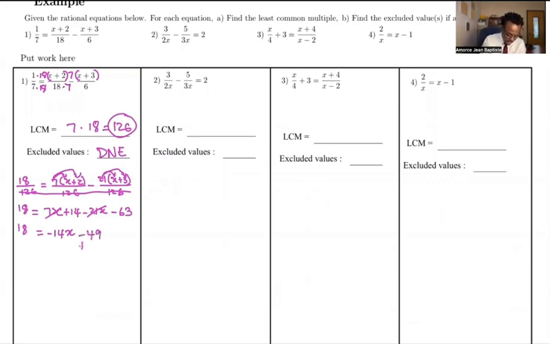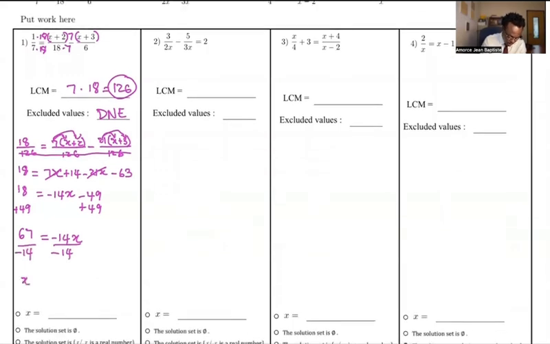So let me add 49 on both sides. Now add 49 on both sides. That is 67 equals negative 14x. If we divide by negative 14, we'll get x equals